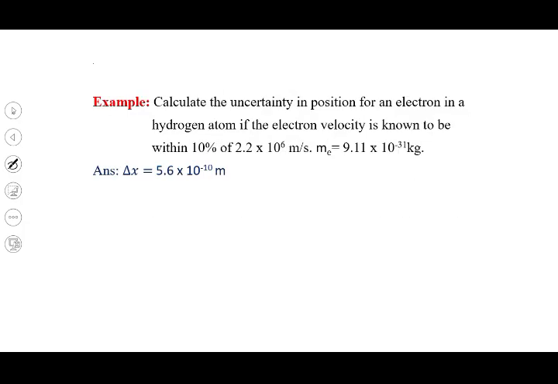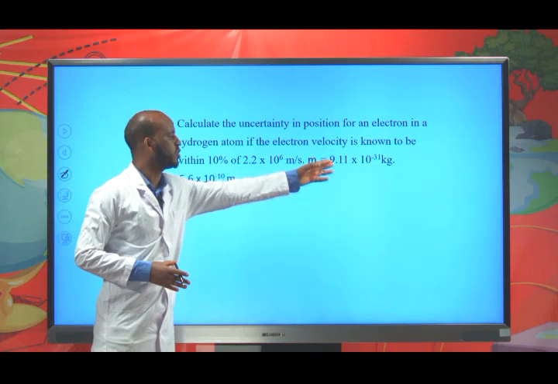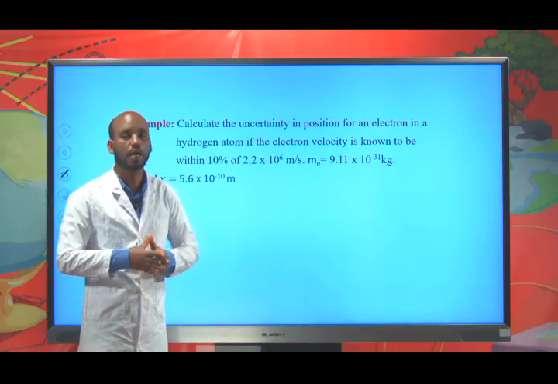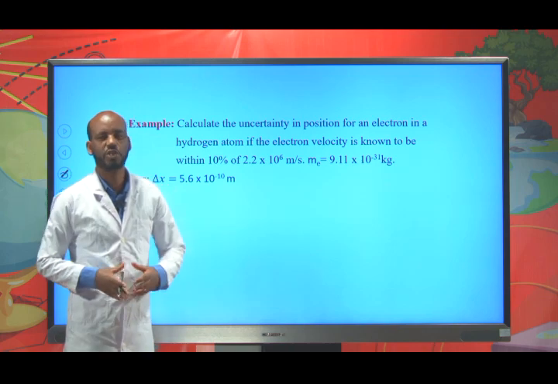For example, calculate the uncertainty in position for an electron in a hydrogen atom if the electron velocity is known to be within 10% of 2.2 times 10 to the power of 6 meter per second. The mass of the electron is 9.11 times 10 to the power of minus 31 kilogram. You are asked to calculate the change in position,